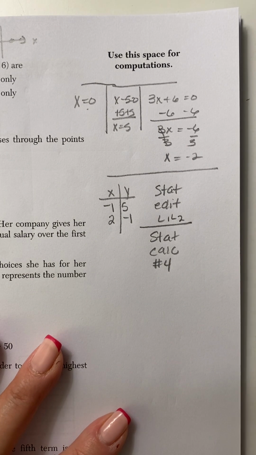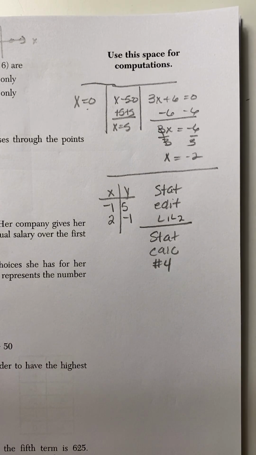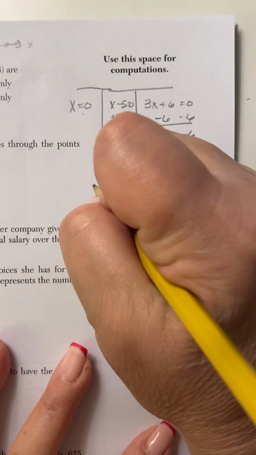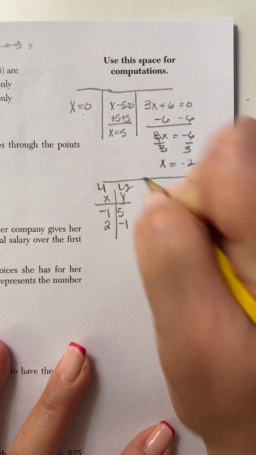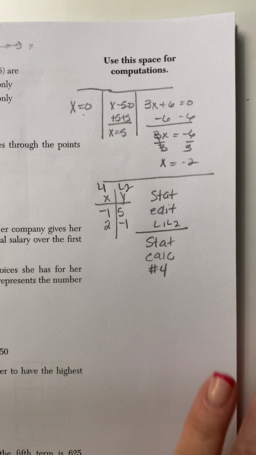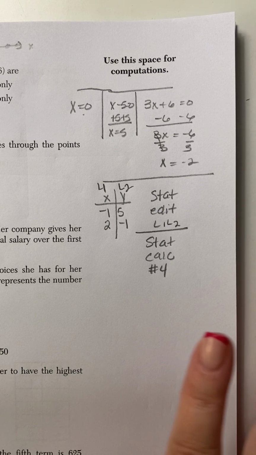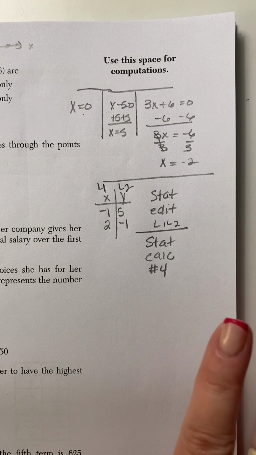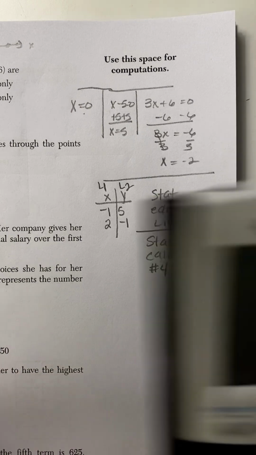These are the steps that we're going to do in our calculator. Stat edit, go into L1, L2. Your X becomes L1, your Y becomes L2. And then we're going to use stat calc 4, do a linear regression, and be able to do this question, as long as we know what we're looking for, the y-intercept. So in my calculator,